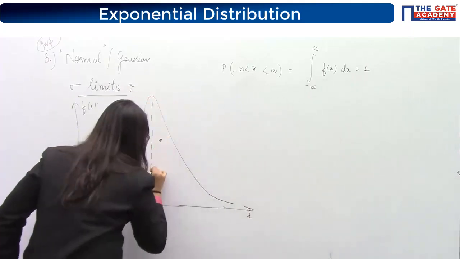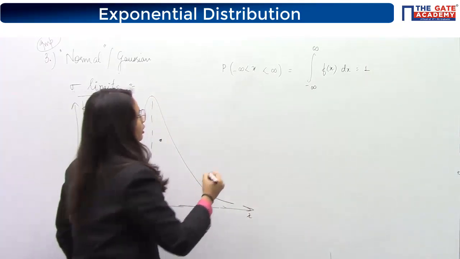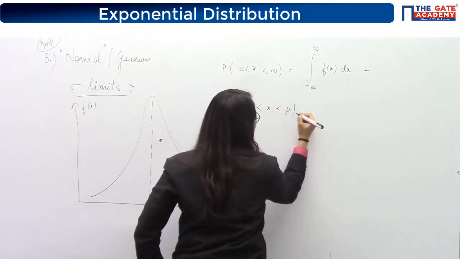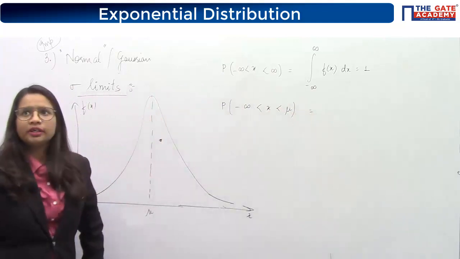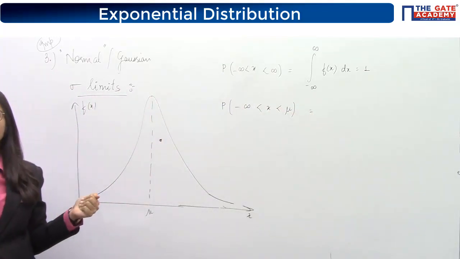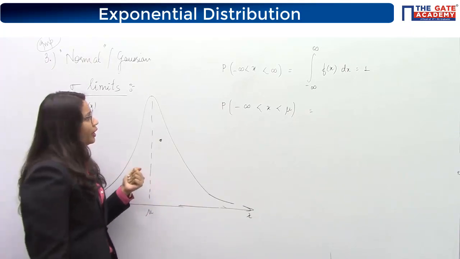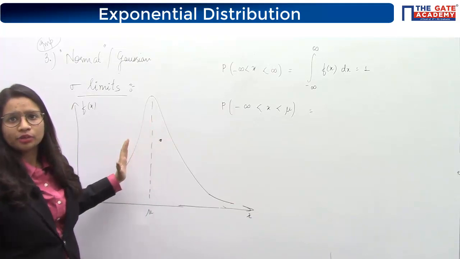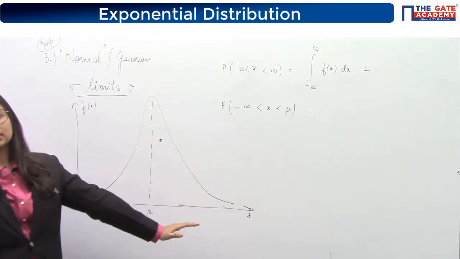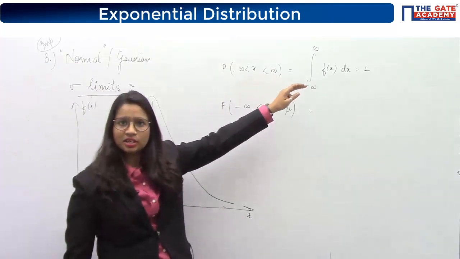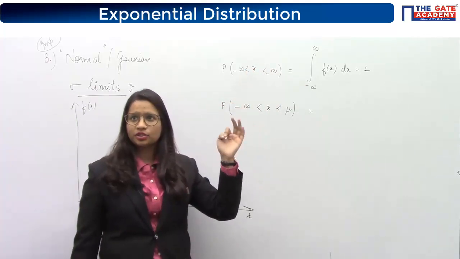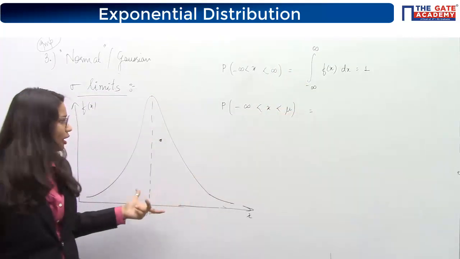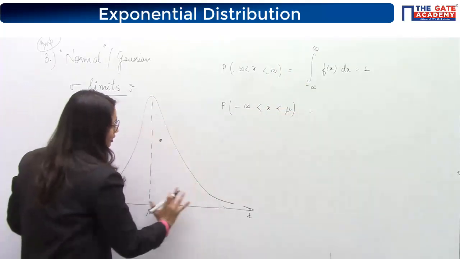Now if I define this point to be the mean, can you tell me what will be this probability? Can anyone reply? Yes, very good, everyone. It will be 0.5. Why? Because this curve is symmetrical about this line. The total probability is 1, and by definite integration we get nothing but the area under the curve. So the total area under this curve is 1.